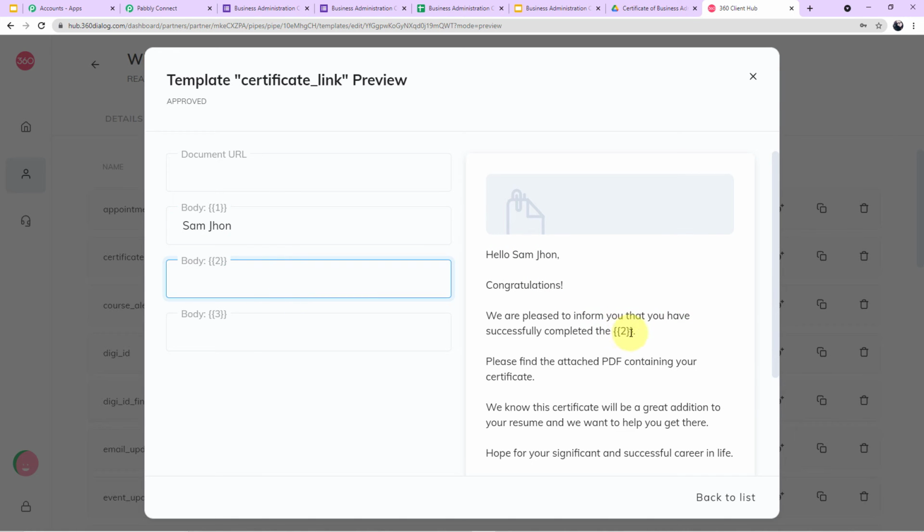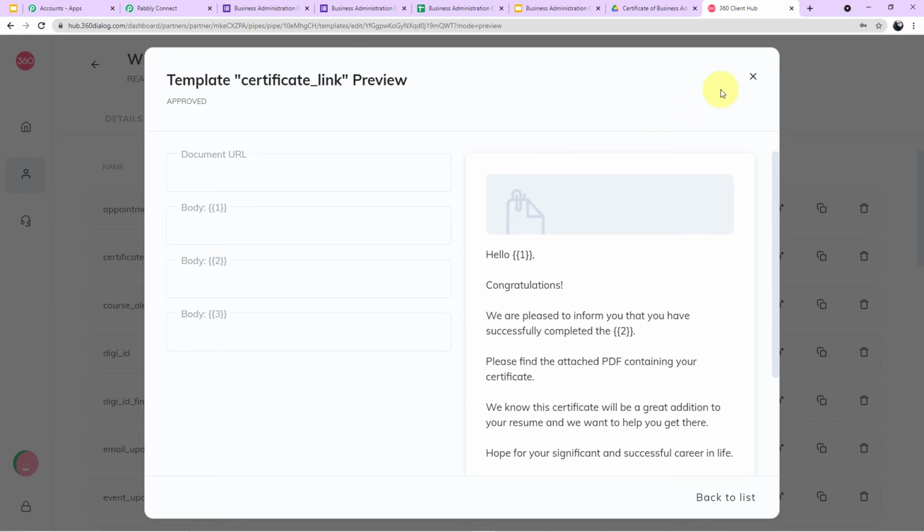Same goes with body number 2. It is asking us for the course name. So our course name is Business Administration. As soon as I enter the value in body field 2, automatically the variable has changed. This is just an example I wanted to show you.